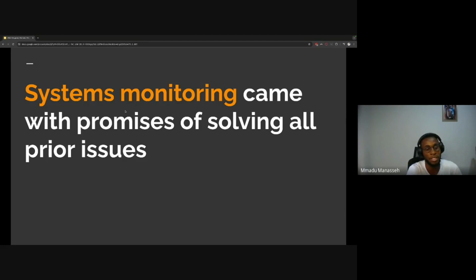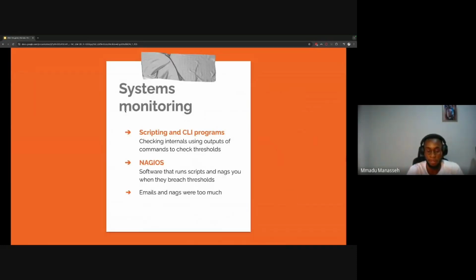So systems monitoring here is the next era that came after simple availability. Systems monitoring came with scripting. So you write a bash script, for example, and the bash script checks maybe some memory locations to confirm that the app is working fine. Basically, you can have hundreds of scripts. Each of these scripts does different things and checks different things. So when there is a problem with any of the scripts, you get a notification, or an email that tells you, okay, this particular script failed, and this was why the script failed, and then you can go ahead and see what the problem is.